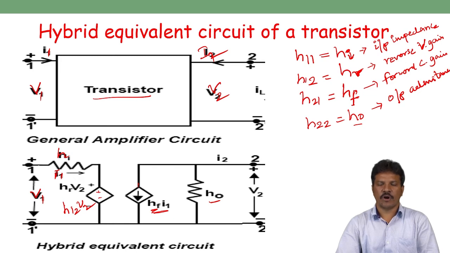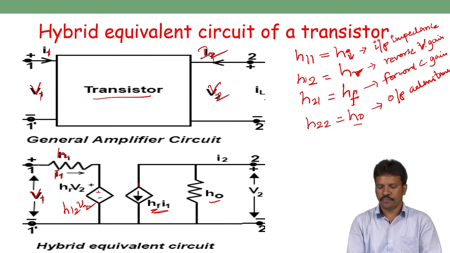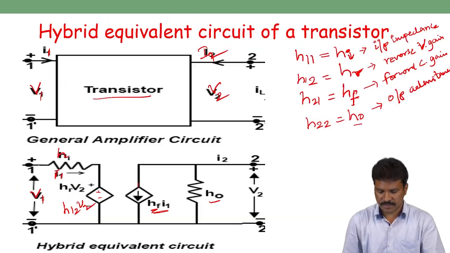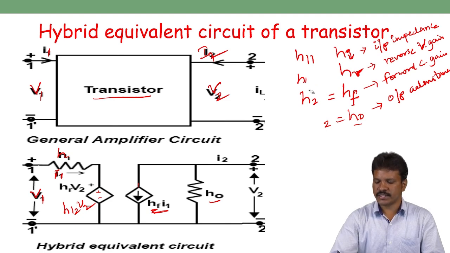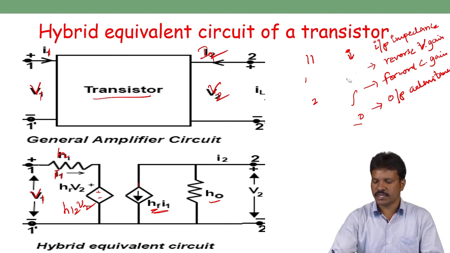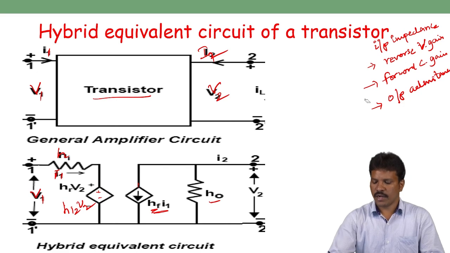as an H parameter model. One is HI, input impedance; HR, reverse voltage gain; HF, forward current gain; H0, output admittance. Input voltage V1 we call input voltage, input current I1, output voltage V2, output current I2. When we consider this notation of the transistor, then we can call it this